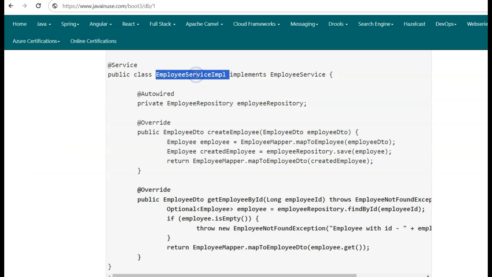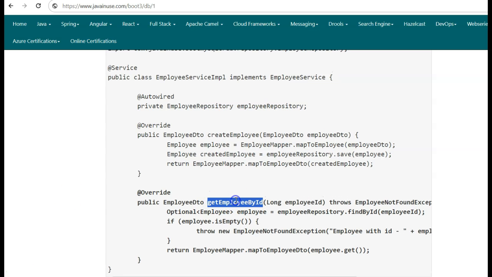Next, in the employee service IMPL class, which implements the employee service interface, we'll be implementing the getEmployeeById method we just defined in the employee service interface. To the getEmployeeById method, we pass the employee ID as a parameter. Next, using the employeeRepository.findById method, to which we pass the employee ID, we try to retrieve the employee corresponding to this particular employee ID. The employeeRepository.findById method returns us an optional employee instance.